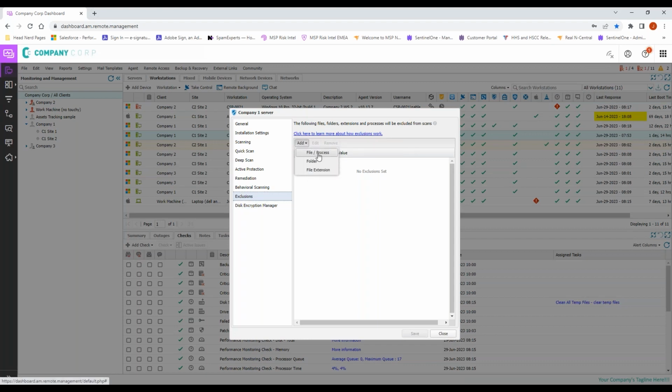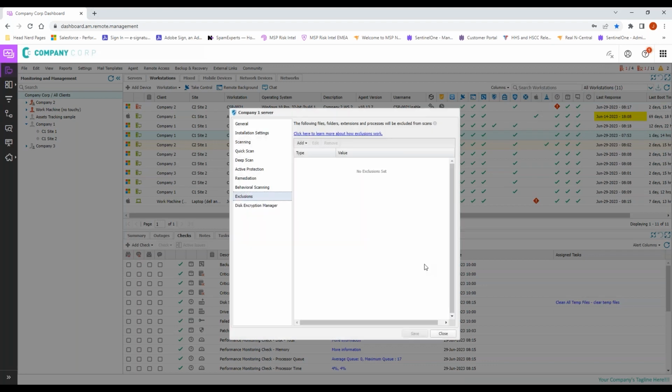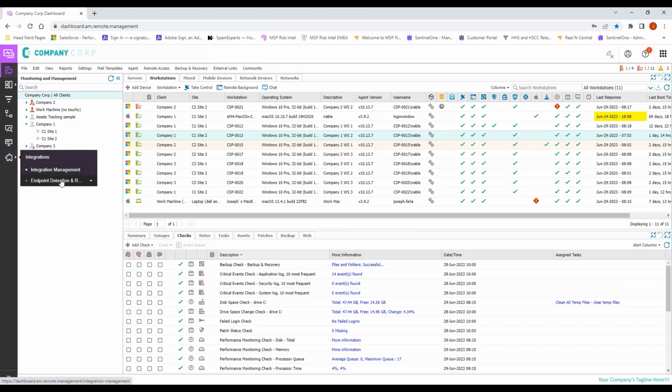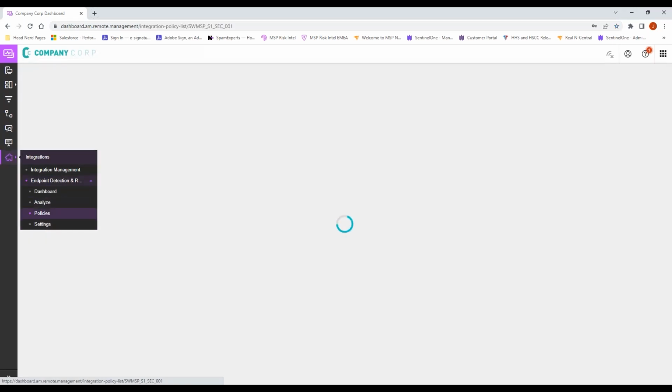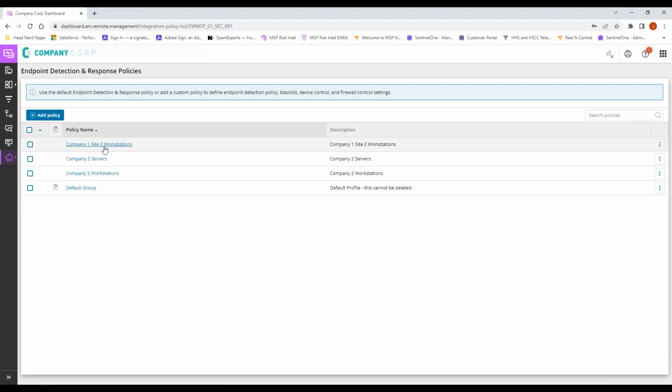You can come and add individual files, file extensions, or folders, okay? And we give you parameters to add these items quickly and easily. And while most of this should be done during setup, our technicians need to know where these sit. For EDR, it's a little bit more complicated. Underneath our policies section of our integration management,